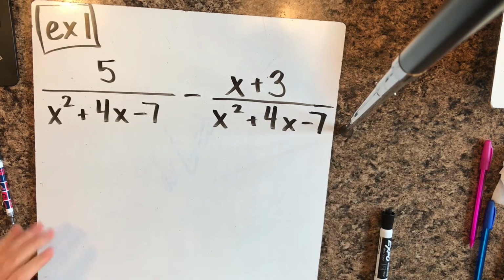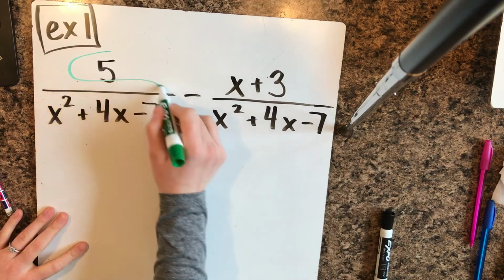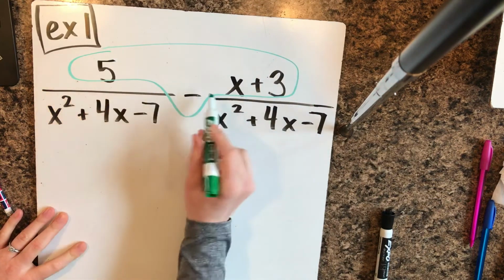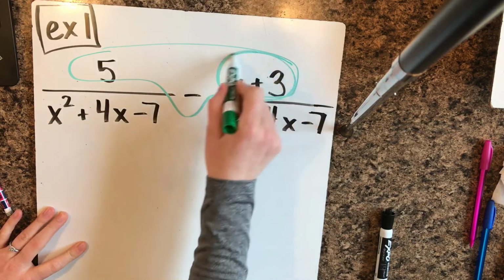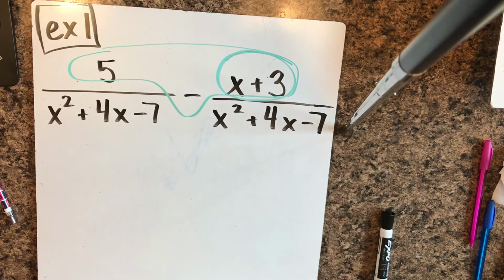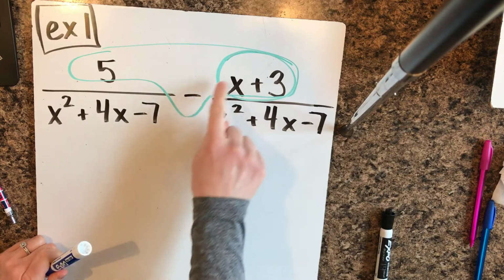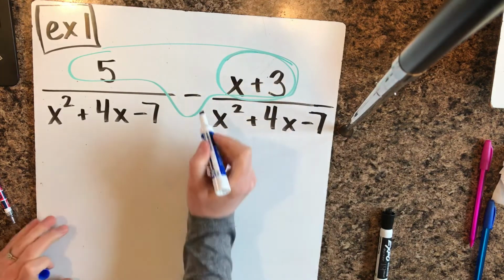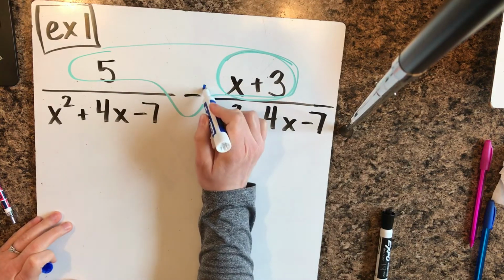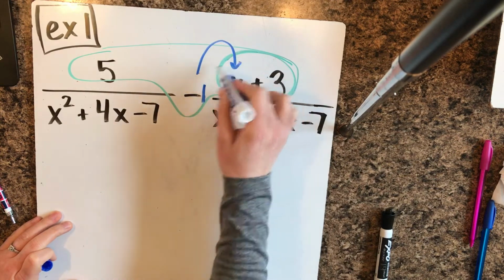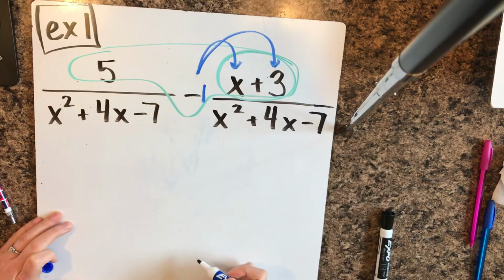Okay? The biggest thing you have to remember when you're subtracting is that you're subtracting this whole entire part over there to the right. So this negative sign doesn't just apply to the x, it applies to every single thing along the way. You can think of it like there's a -1 here, and you're distributing the -1 to both of those parts,